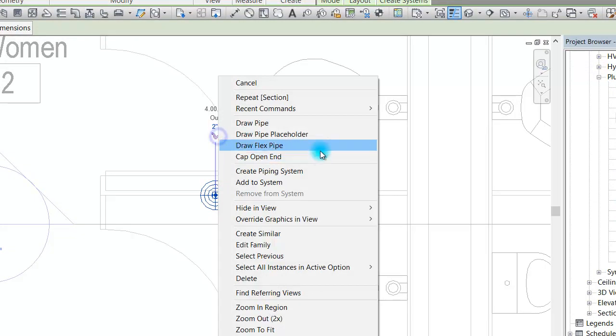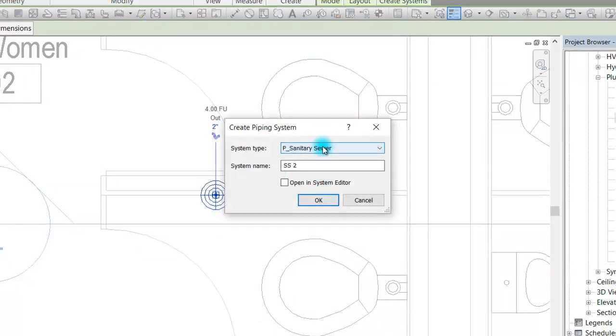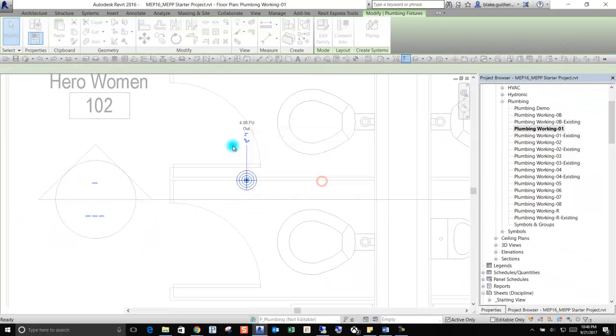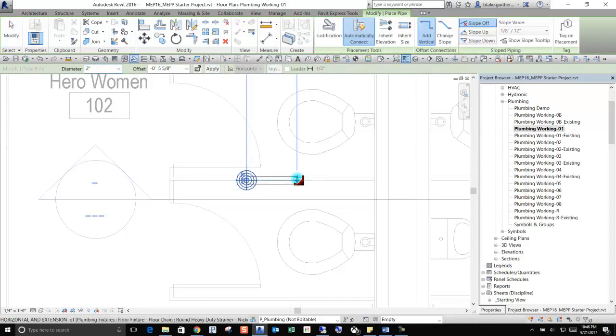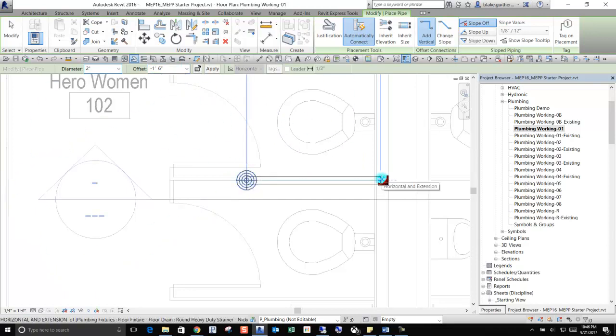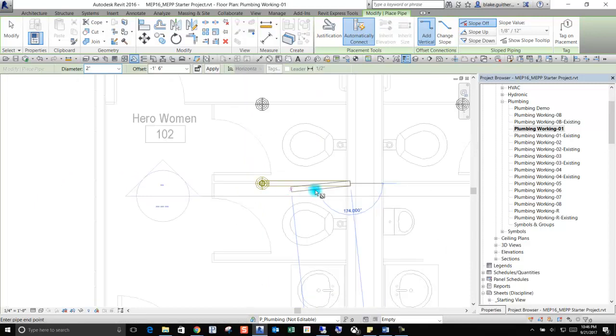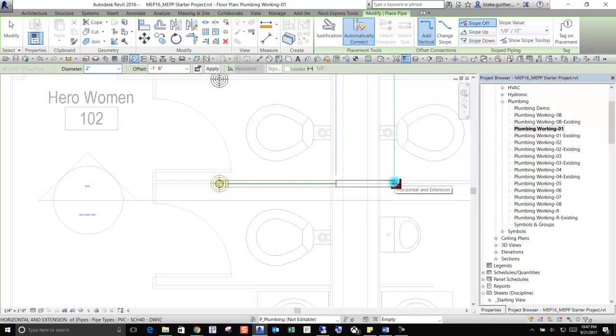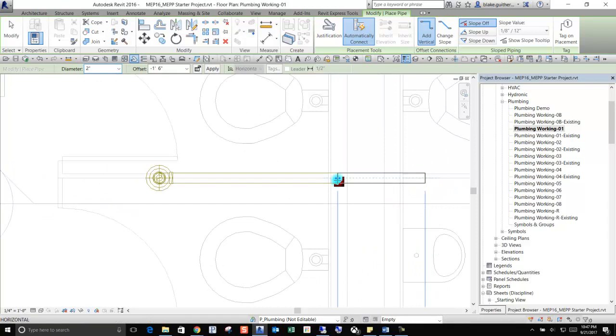So I'm going to create a piping system. Call it sanitary sewer, sure. Let's draw some pipe from this floor drain. So I'm going to go down 1.5 feet. Now there's multiple methods for these tees, and there's multiple situations where you may have a vertical drop or a horizontal drop. I guess I'll show you the horizontal takeoff here, and then we'll use the vertical for the double. So I'm going to draw my pipe here,